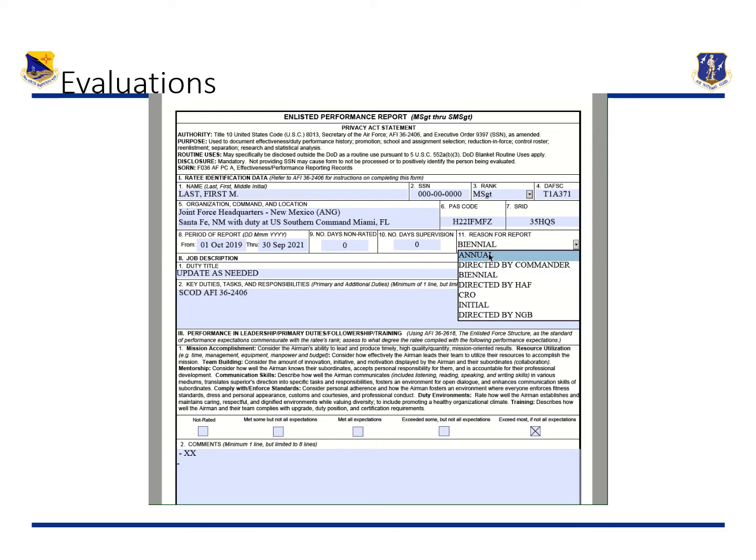You can have annual reports, which in this case, if I'm not mistaken from what I've learned, you could have the option to do an EPR every year. Most of the time, if you see directed by the commander, HAF, or NGB, it's usually not for good reasons. Change your rater, we don't see this one as often anymore. As a matter of fact, I think after we established static closeout dates, I rarely ever see one of these.